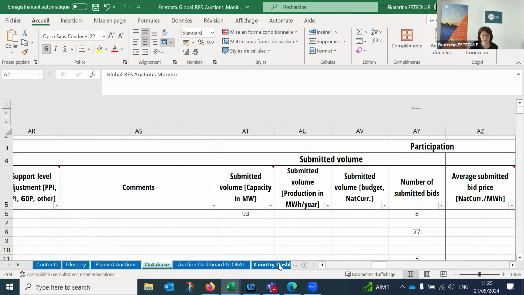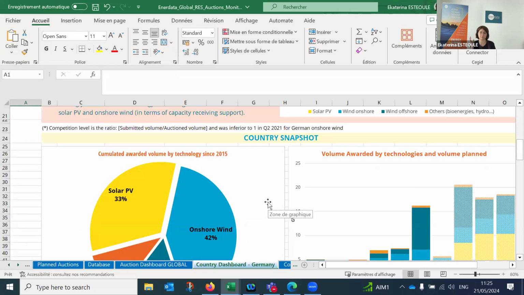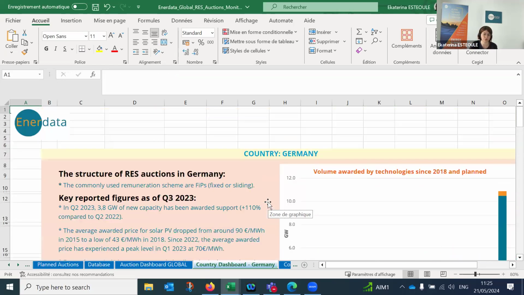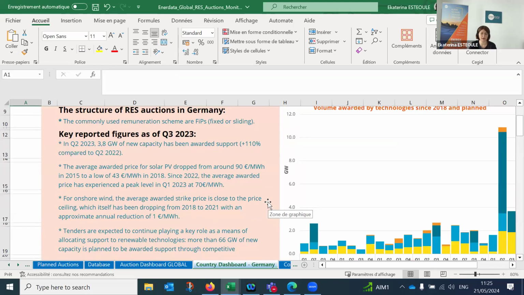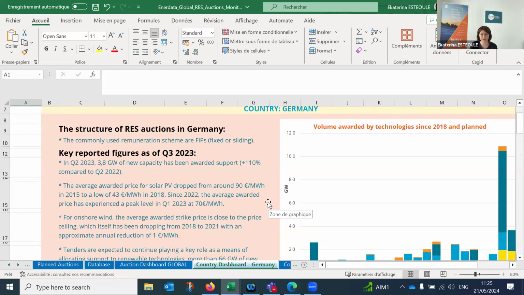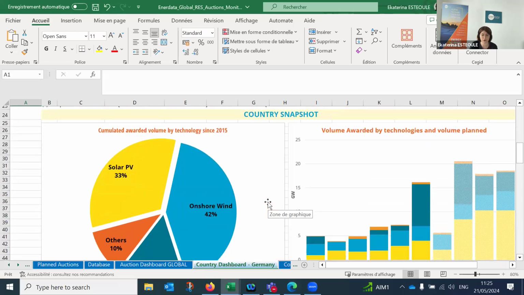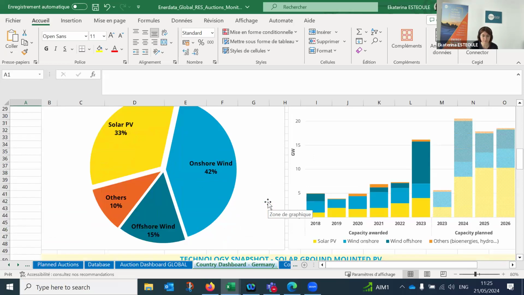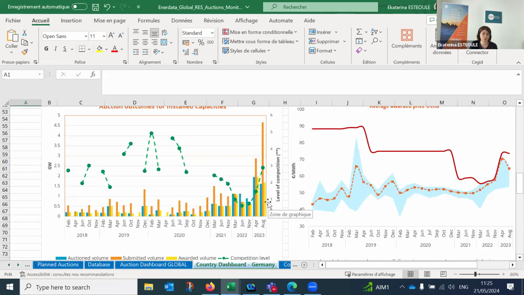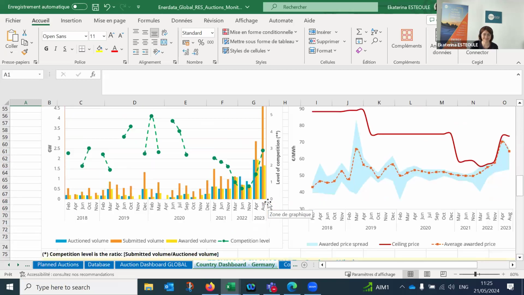And on top of that, we also summarize this information for the key countries, and here you may see a sample for Germany. You can also ask to add some additional country of your focus if need be, and we can develop this kind of quarterly analysis on renewable auctions in a given country or region. Quite detailed, in fact.